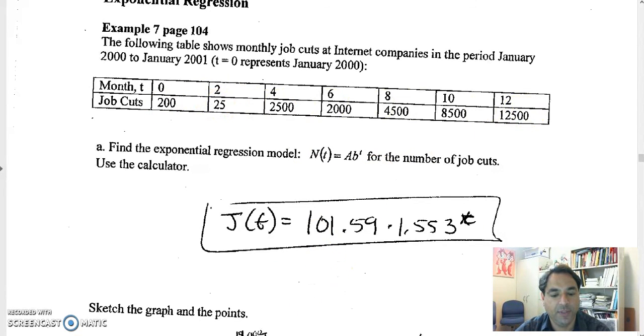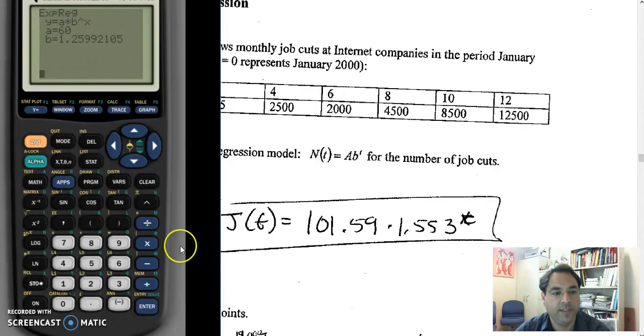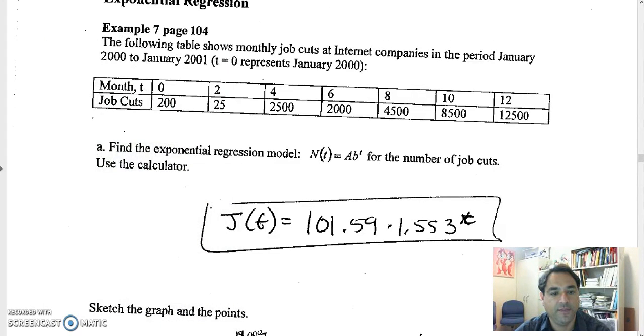So in the calculator, I'm going to put the data in. So I go to the calculator, stat, edit. This time we'll use list 3 and 4, so we'll practice something different. And we have 0 to